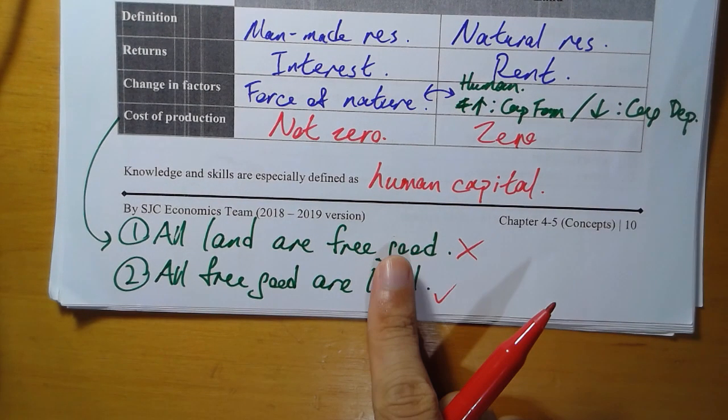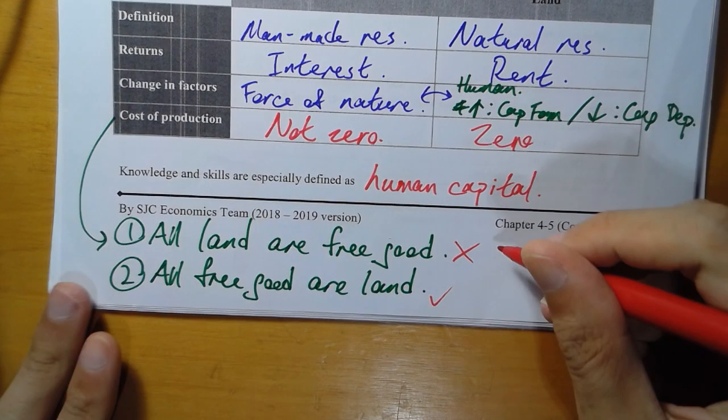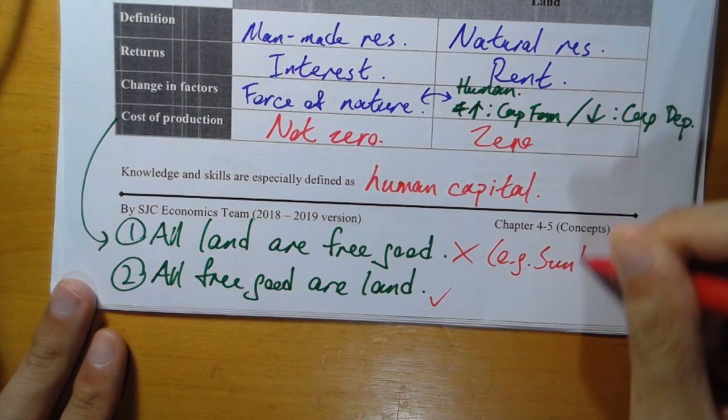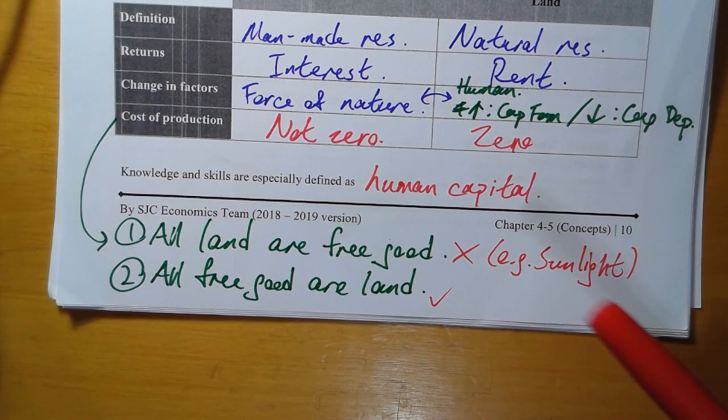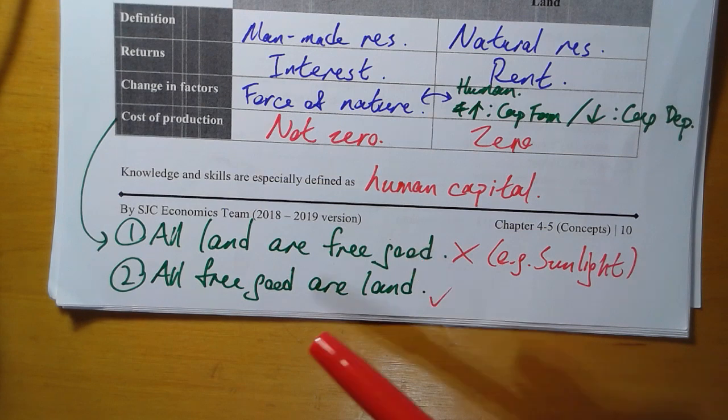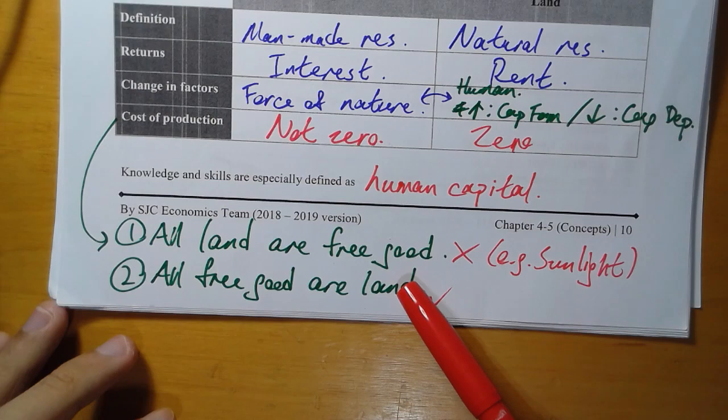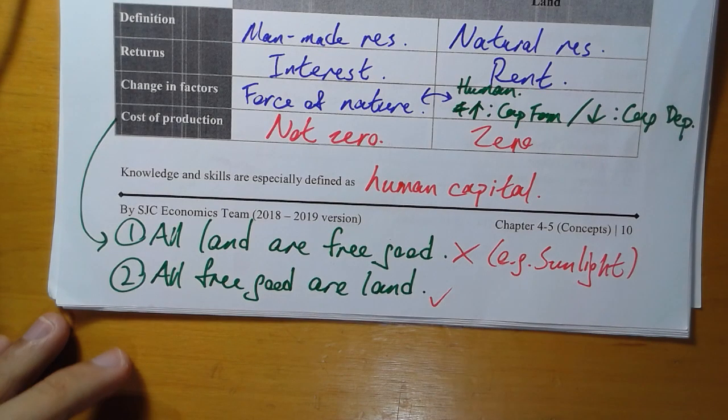The next one. Why? I give you one counter example. Now here, sunlight, alright? Sunlight. At night, 夜晚嘅時候啊 you may want more sunlight is preferred 係咪？夜晚嘅時候你咪想要多啲 sunlight。If more of it is preferred, then you know that would be an economic good, alright? Economic good. So you see, there are some natural resources, but not necessarily free goods. On the other hand, remember, all the free goods, air, sunlight, the natural water, all those free goods, they must be land, alright? 得唔得？呢個啦，冇問題啊。